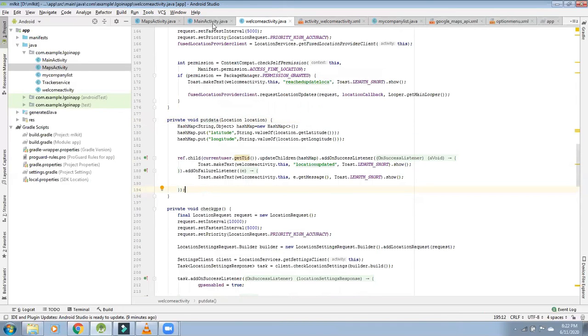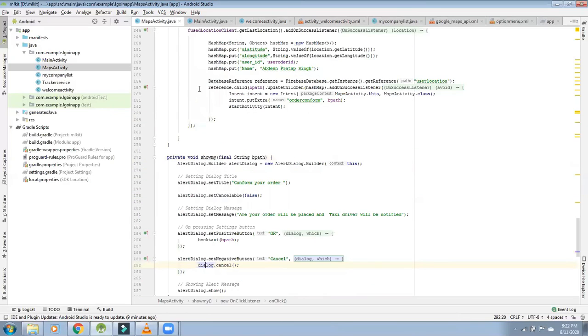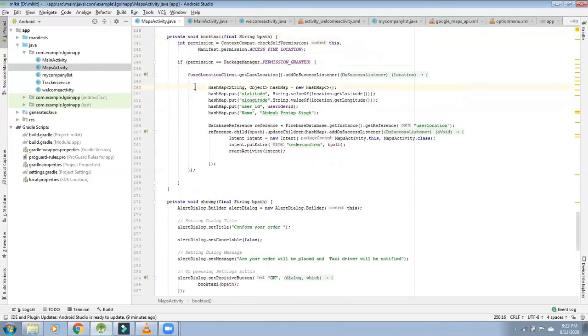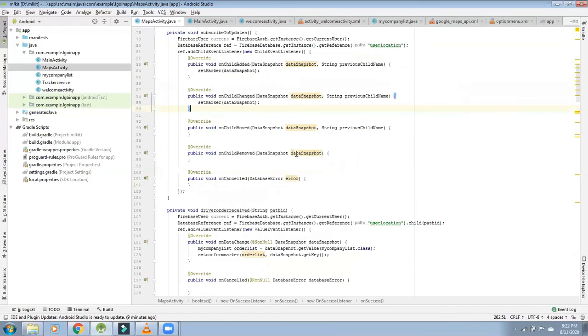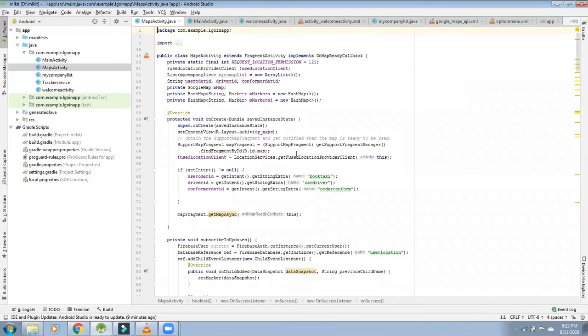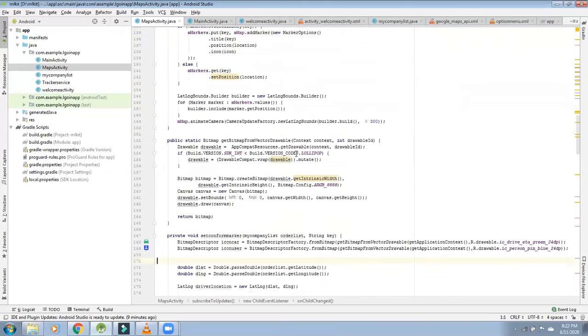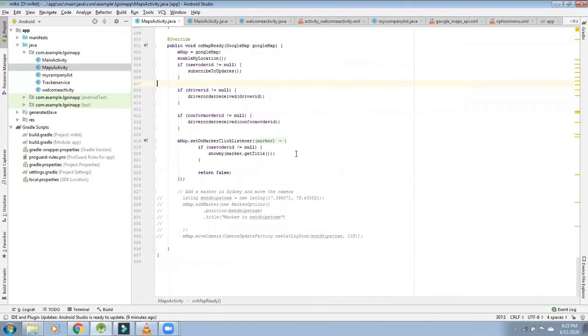And similarly for the user, whenever the user is confirming the booking, I'm placing this data in the database such that I can connect driver and the user. And at last, we are going to show the live location of the driver and user on the map. That's it. You can make your changes, and